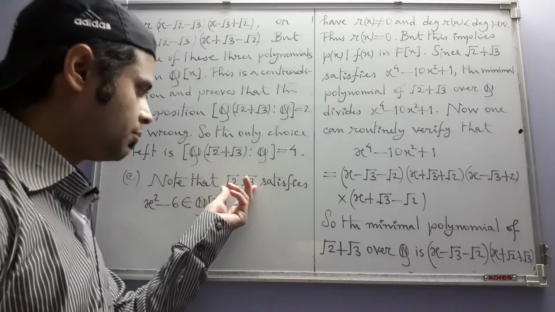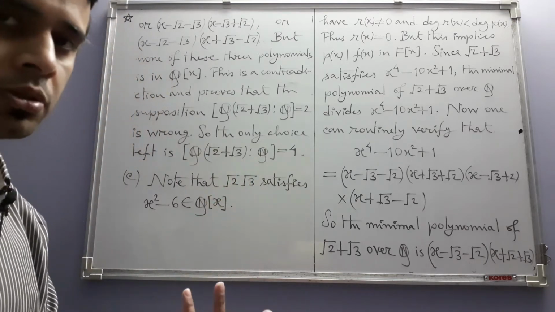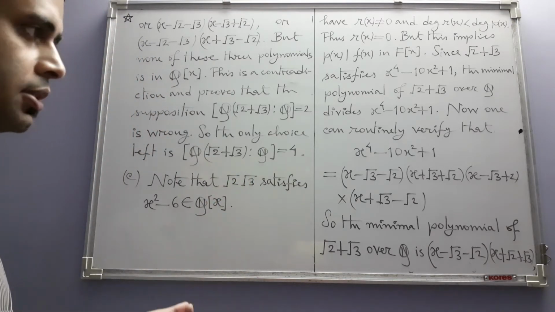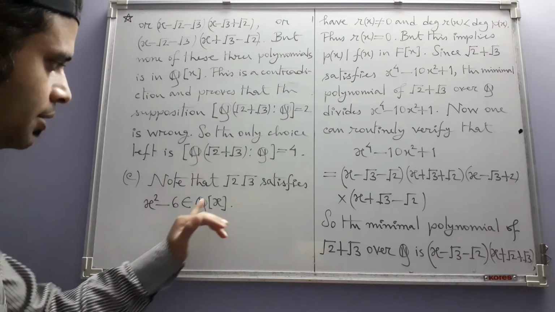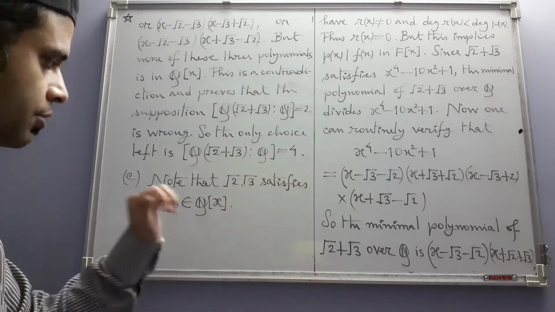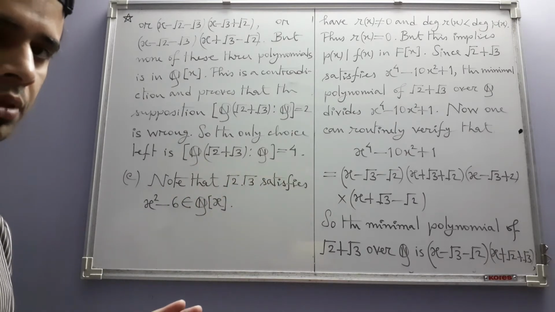So the degree of root 2 times root 3 is at most 2. So now you have to decide whether it's 2 or 1. But for the degree to be 1, the element itself should belong to the field of rational numbers, which is not true,